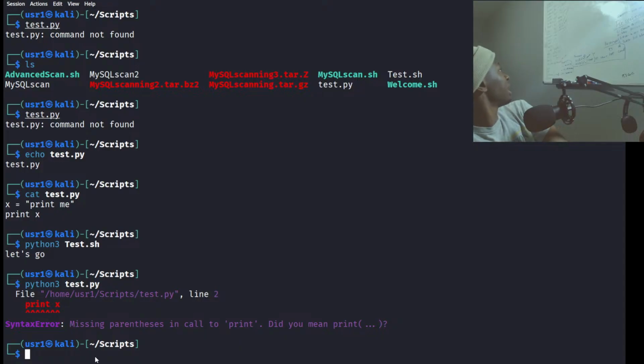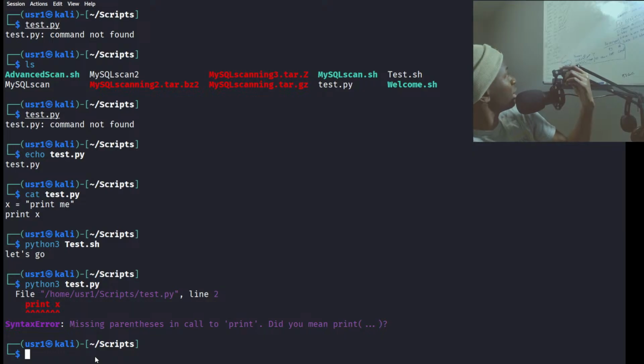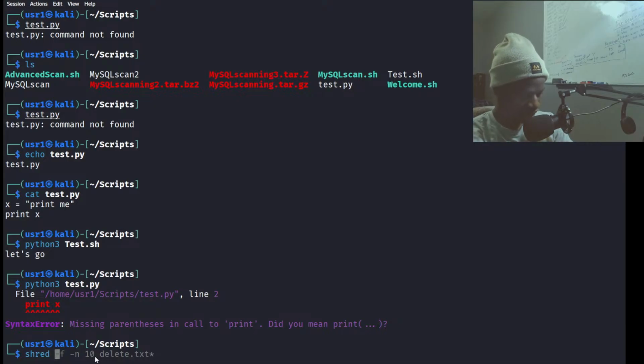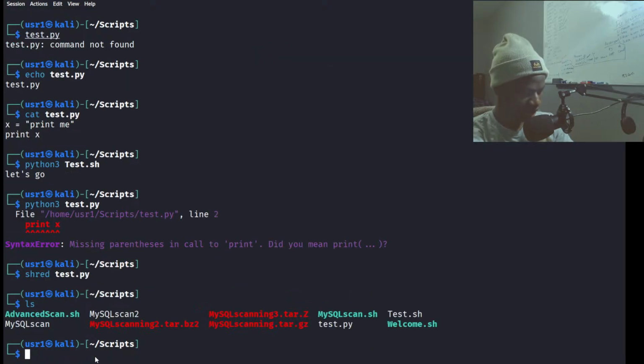Okay, so if that goes like that, we can just do, what is it? I wanted to shred it. shred -f -n whatever. Just shred test.py. All right, ls test.py. It's still there.